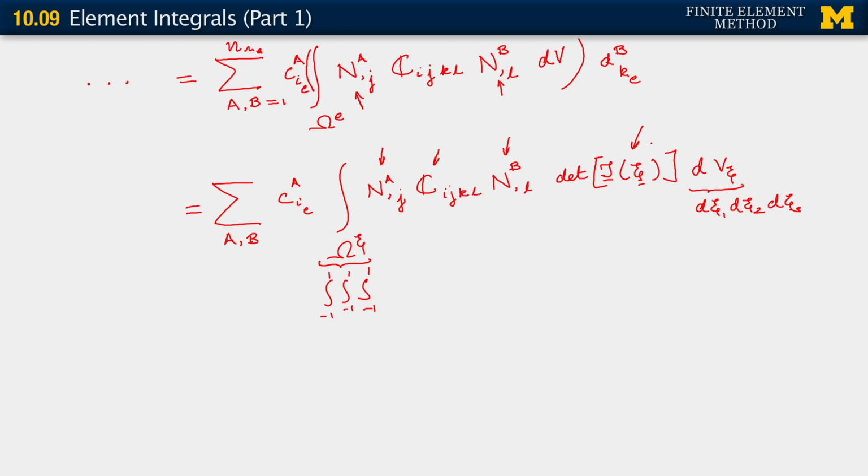But nevertheless, we know how to integrate this. We do numerical quadrature, or numerical integration, which is quadrature. And since we are working here with Lagrange polynomials defined on hexahedral elements, we have available to us the optimality of Gaussian quadrature.